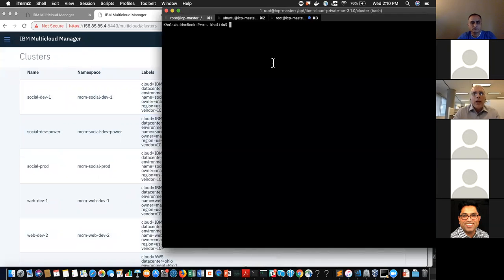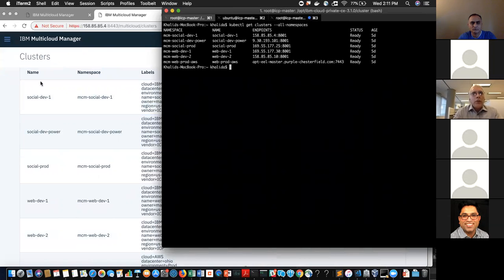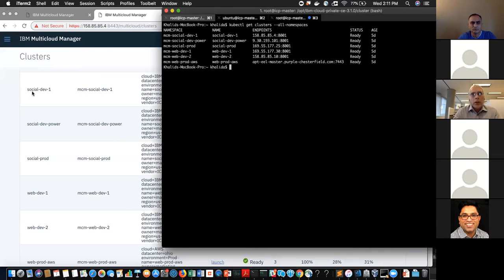From a command line perspective, this multi-cloud manager exposes its functionality as a set of Kubernetes APIs and custom resources. So I basically point to one Kubernetes cluster, and I'm able to do a kubectl get clusters, all namespaces, right? So the same information that I'm displaying in the UI is available as Kubernetes resources, right? And you can do kubectl describe, let's say, this cluster,